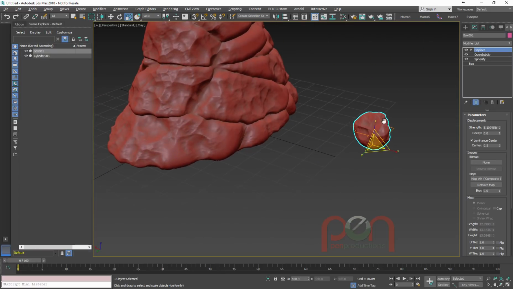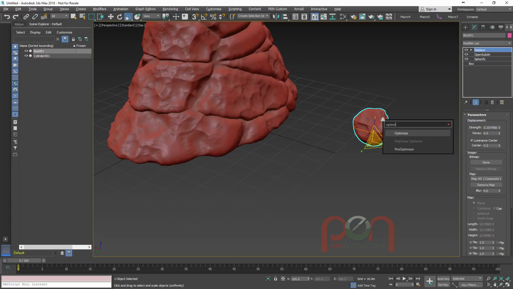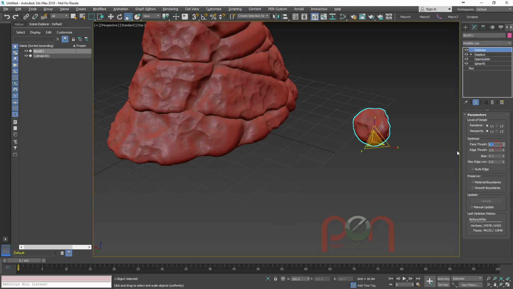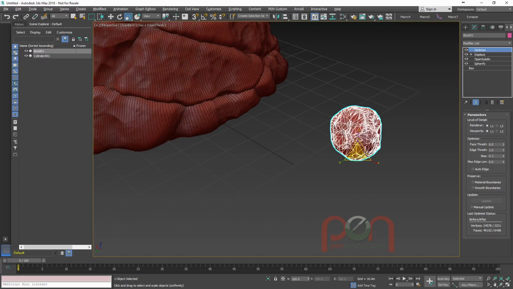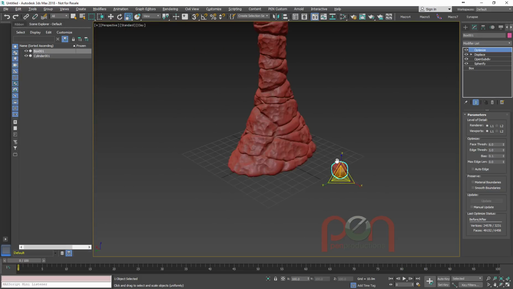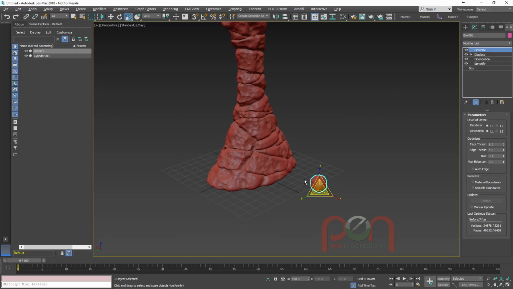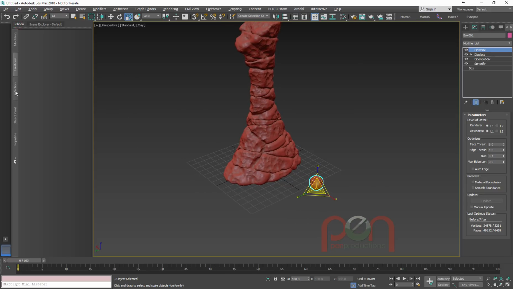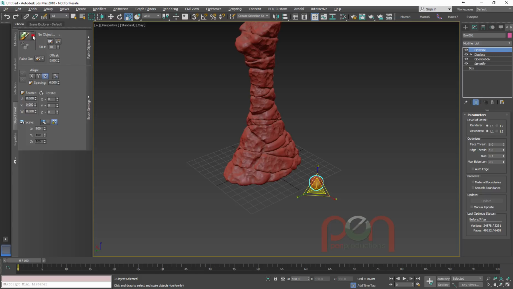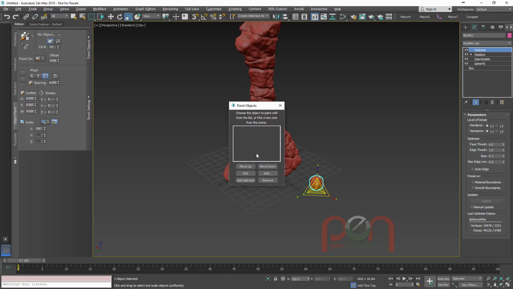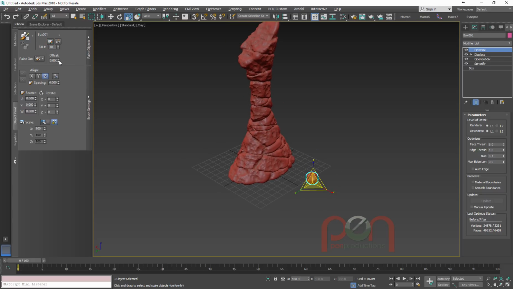So to finish this scene off, I'm going to optimize this. And maybe, again, I'd create a low-res version of this, so I've optimized that a fair bit so it's a little bit faster. And then I'm going to go into our ribbon object paint. We are going to paint with objects in a list, and I'm going to add selected in there. We could add a bunch of them if we wanted. Maybe a little bit of offset. We'll see how big this is. We'll check the other settings. Paint on scene, and